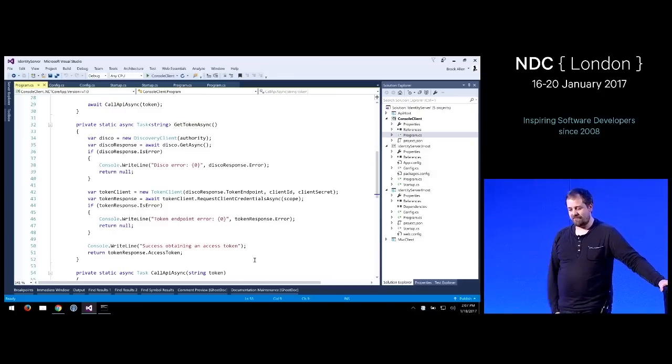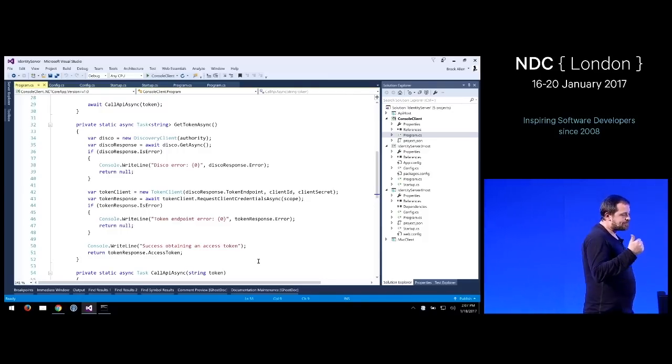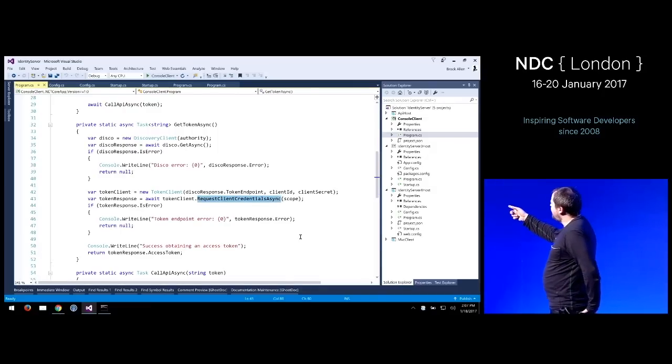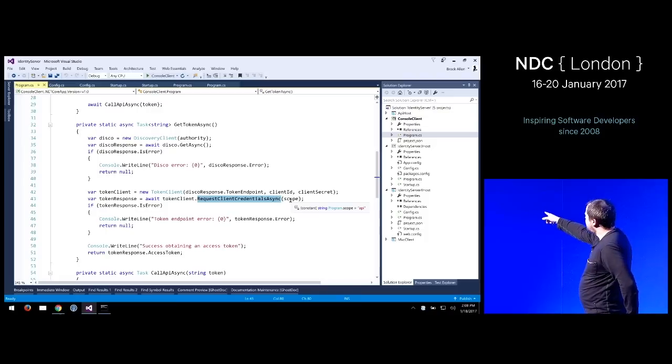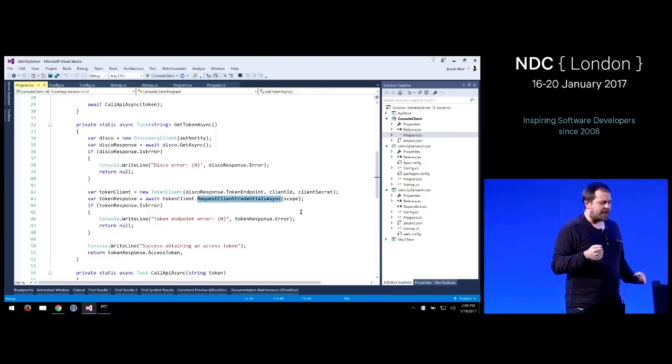That was a lot of feedback we got on that. The other thing is when he's requesting the token, he passes in the scope. In 3, scope was a mandatory parameter if you want to get a token.